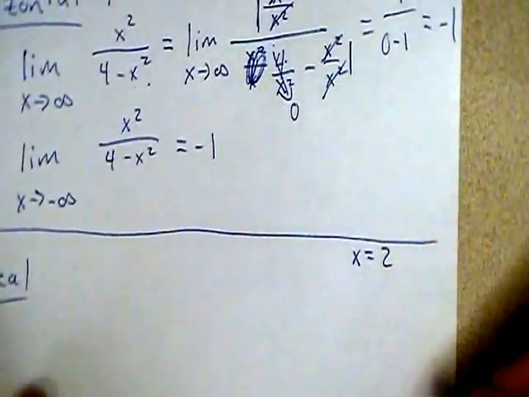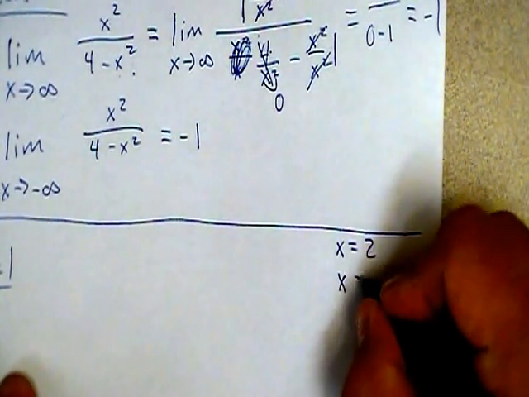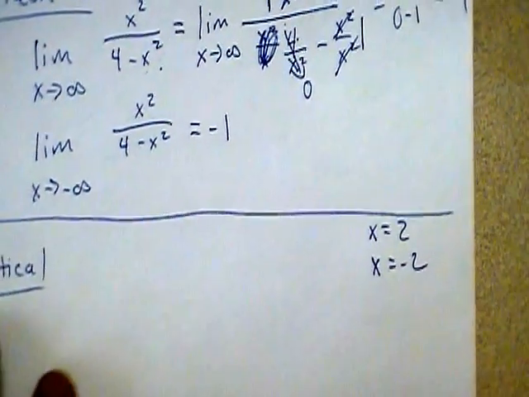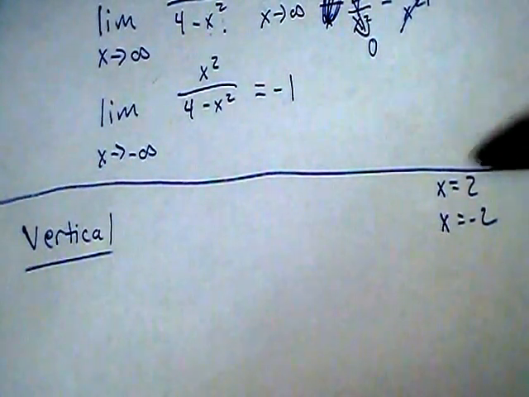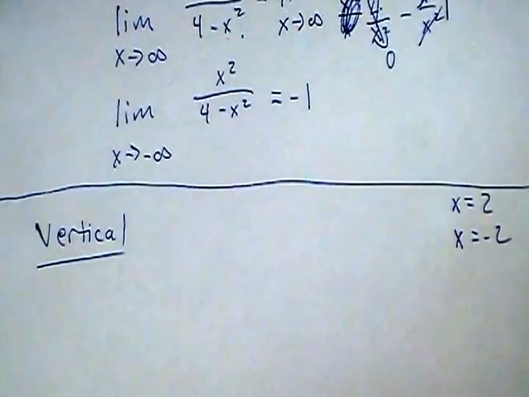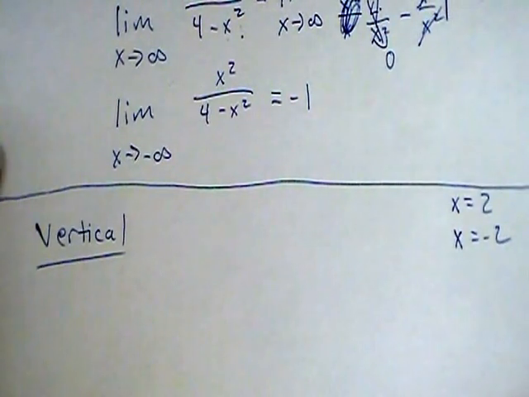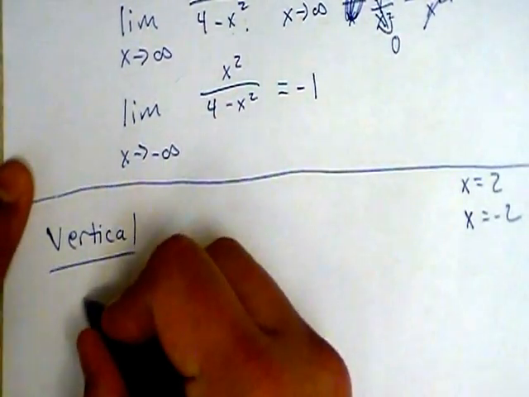I'm not going to say that we really do have vertical asymptotes at these x values until we verify some limits. We talked about that at the beginning of the video. So I need to check the limit as I approach 2 on this function and the limit as I approach negative 2 on this function. If I approach 2